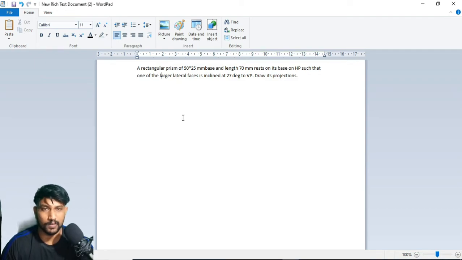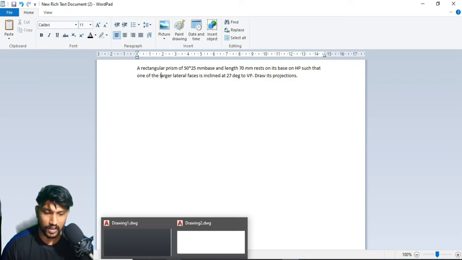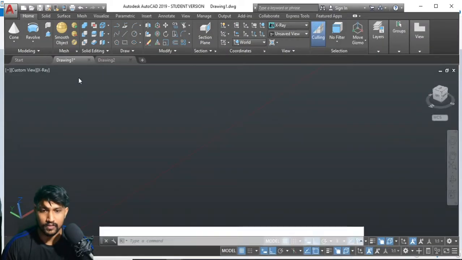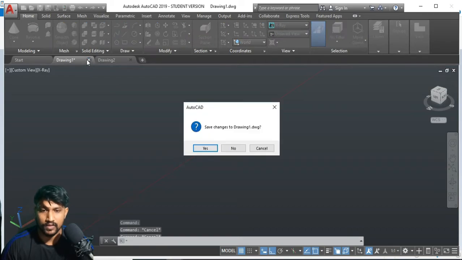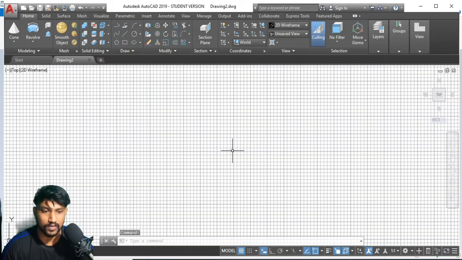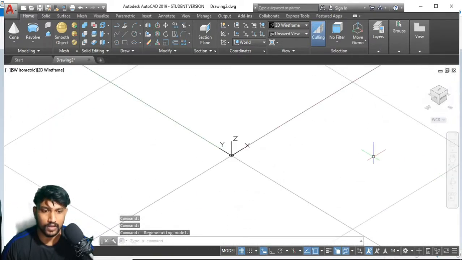I'm going to explain this problem completely in 3D first, and then I'll go to 2D. If there is a chance, I'll explain the second problem too, because I don't know how long it is going to take. But first of all, I want you guys to understand.